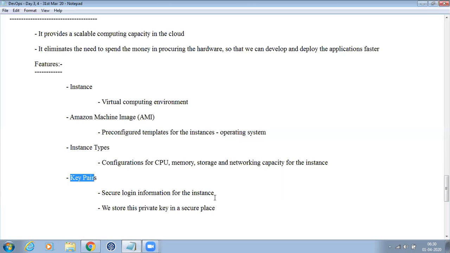We have to copy this key pair to that computer and we have to give that key pair while logging into the instance. Otherwise, it will not allow. So that is very important. That's the reason it is a private key, which we store in a secure place. Okay. Next,